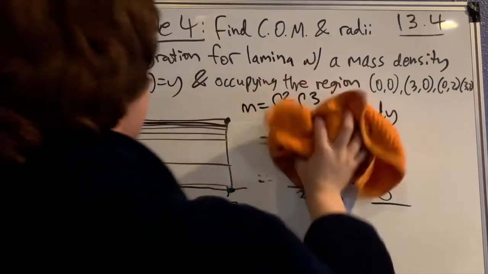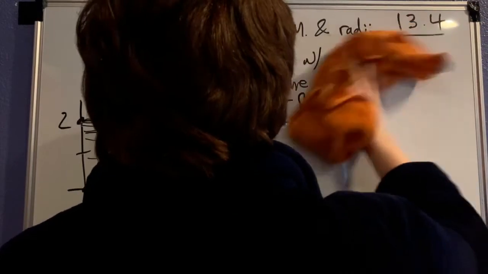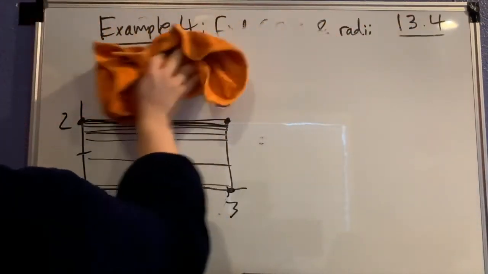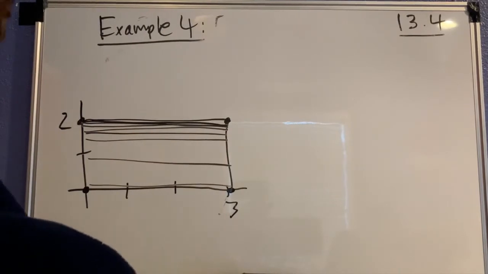Besides this, I'm going to keep the graph up really quickly. So the mass is 6. The reason I kept this up is the first thing that we wanted to do is find the center